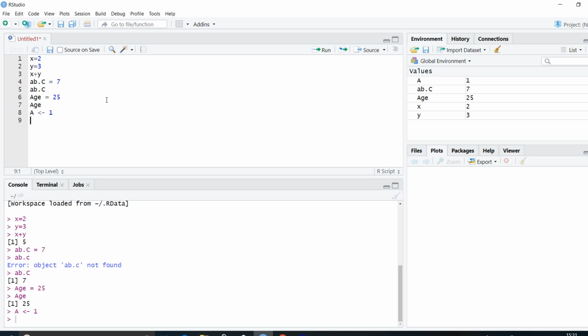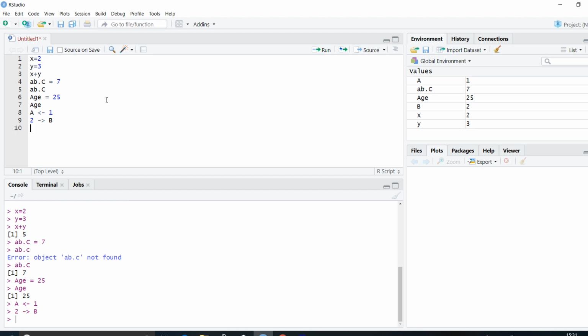As you can see, we can use this arrow to store values, or the other way around. I can say 2, minus, greater than symbol, and then capital B, Ctrl Enter. As you can see, capital B has been stored as 2. So in these 3 ways we can actually store a value. We can have the arrow, we can have equal to, and we can have the arrow going the other way around. So first we write down the letter, then the arrow pointing towards it, and then we have our number.